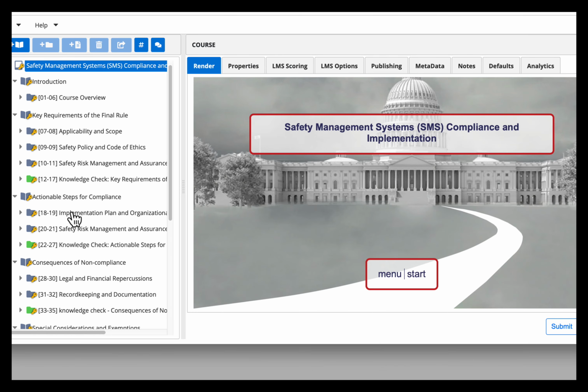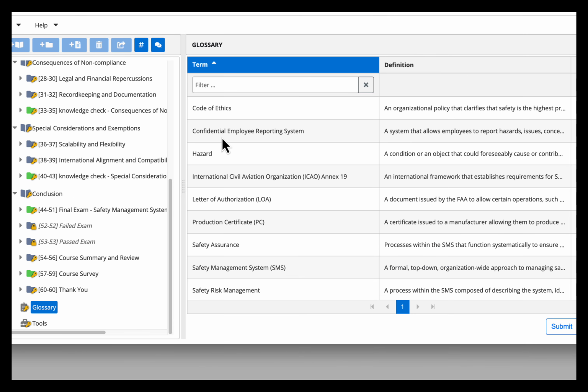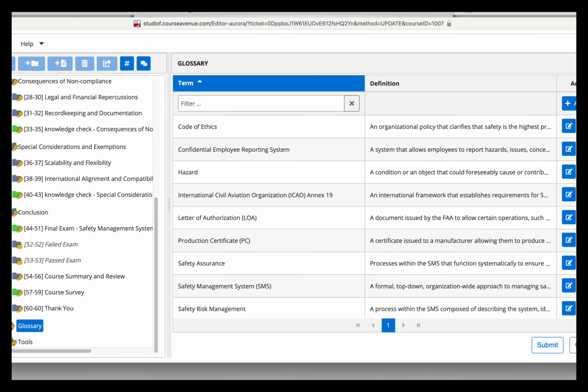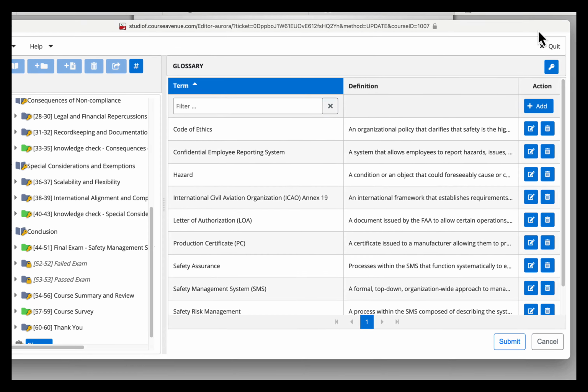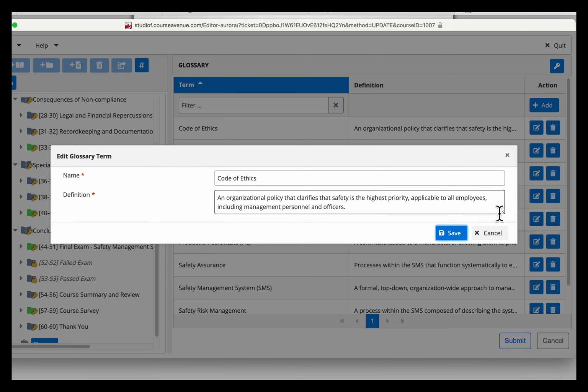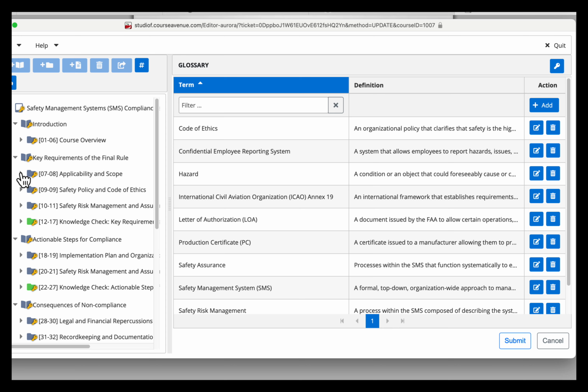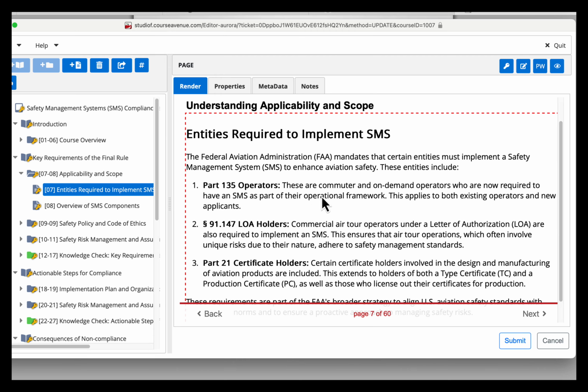I'm not going to walk you through this. This isn't a training course, but all those glossary terms I mentioned are all right here. If you don't like these or want to change them, you're free to come in here, click on the edit button, and hit the add button and those kinds of things. When it comes to any given page, here's one of the pages, the entities require page. Again, if I go into edit mode,